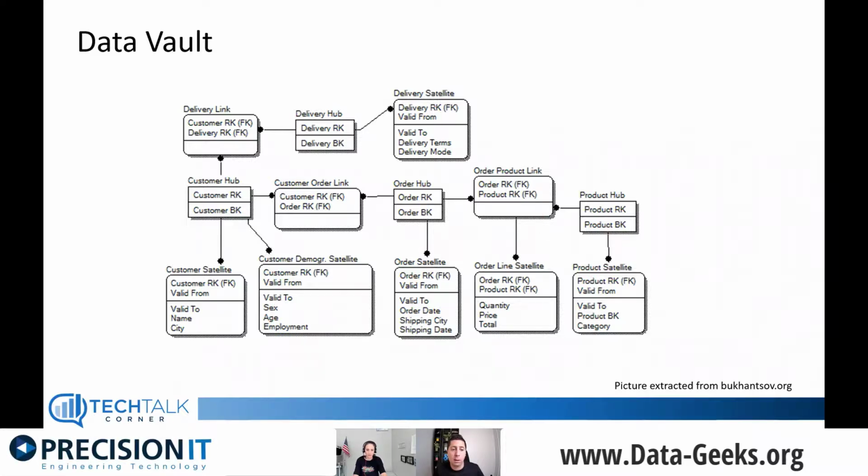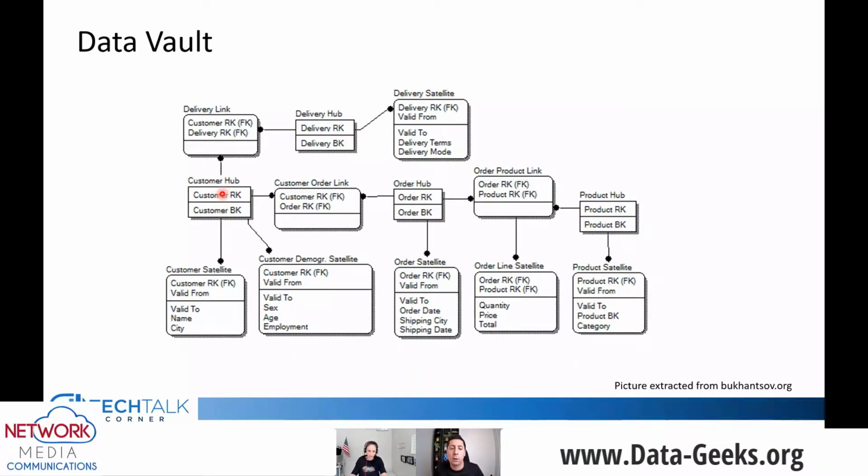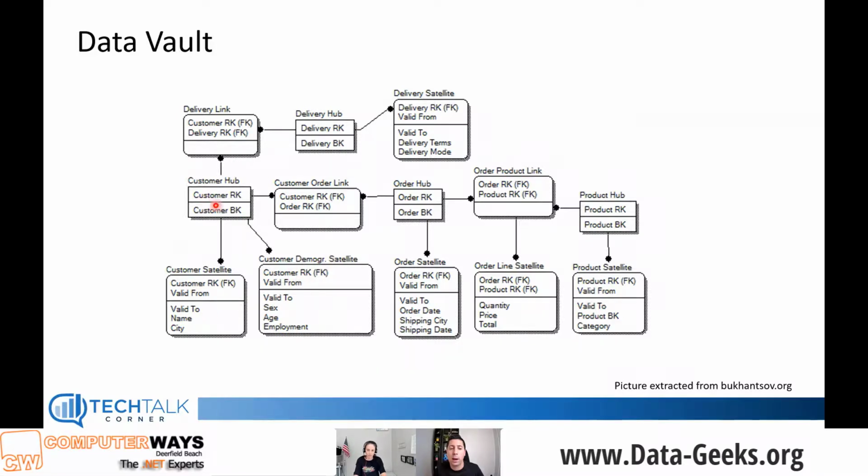The benefit is that by using the hub for the customer, for example, if you want to add a new set of attributes, you can put that information in a different satellite. That's important. You don't need to modify this table from here, so you will add a new set of attributes in a different satellite. So that one makes applying changes within your data model easier than it is in the dimensional data modeling.